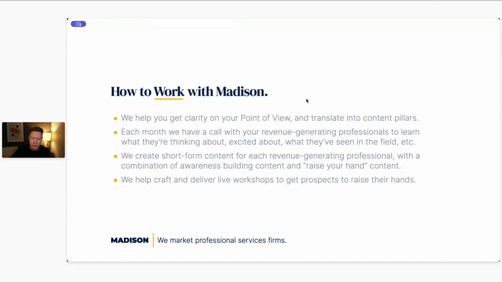These days, what it looks like is we help you get clarity on your point of view if you don't already have one. If you do already have one, it's more of just a knowledge transfer to us. But there's usually areas for incremental improvement there. If you don't have a framework, just as part of our engagements, we'll look for opportunities to try to codify that if we can. And then each month, we focus a lot of our work on the authority marketing piece. So how do we communicate your point of view and your framework well?